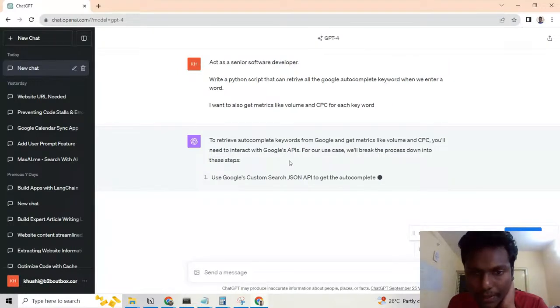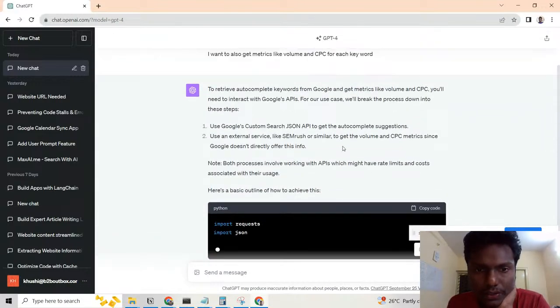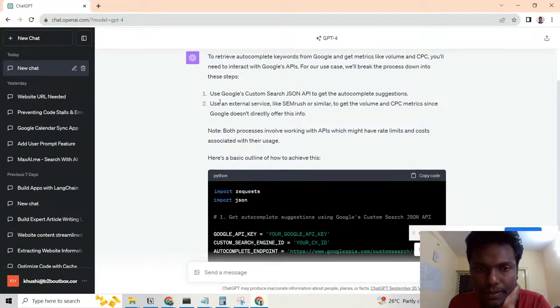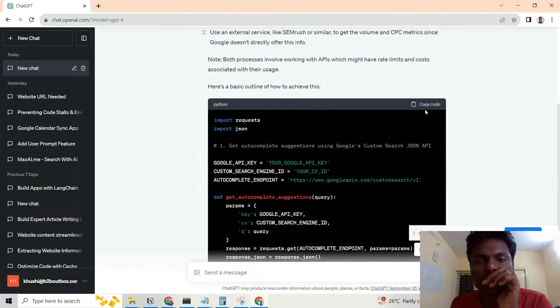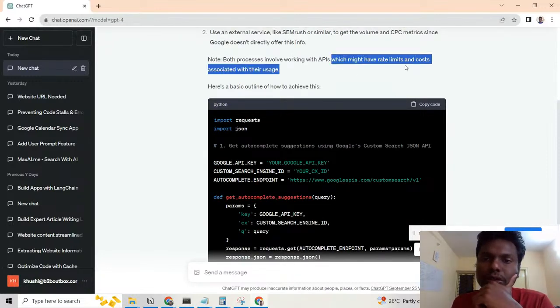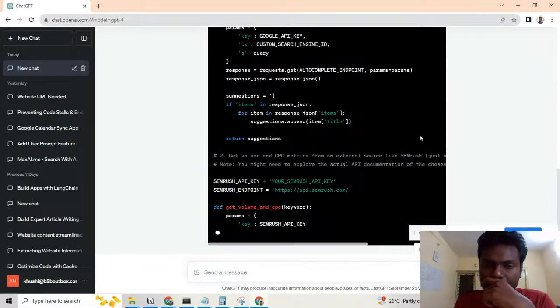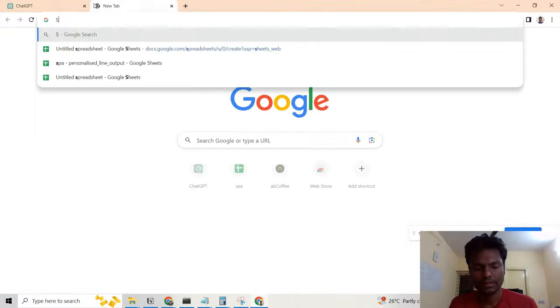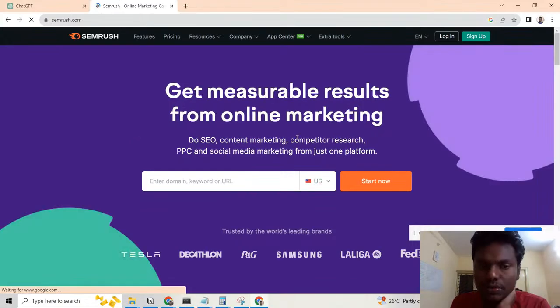You will need to try Google API. For our use case, we'll break the process down into three steps. Use the custom search JSON API to get the autocomplete suggestions. Use an external service like SEMrush or similar to get the volume, since Google doesn't directly offer this info. Both processes rely on APIs, which might have rate limits and costs associated with usage. SEMrush is a tool